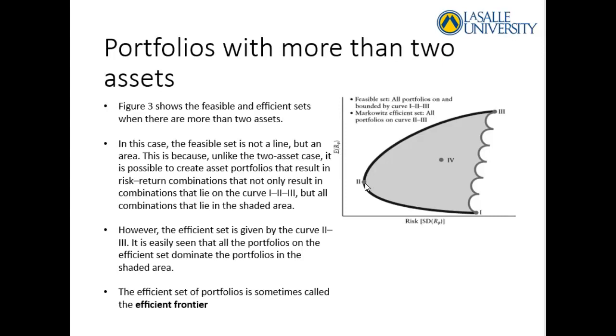So in this case, the efficient frontier would be the boundary of our feasible set over here, because those portfolios are the ones that basically outperform all the other portfolios in our feasible set. Now that we've learned how to identify the feasible set and the efficient set out of the feasible set, the question now arises: how do you select the most optimal portfolio for each investor once you've identified the efficient set